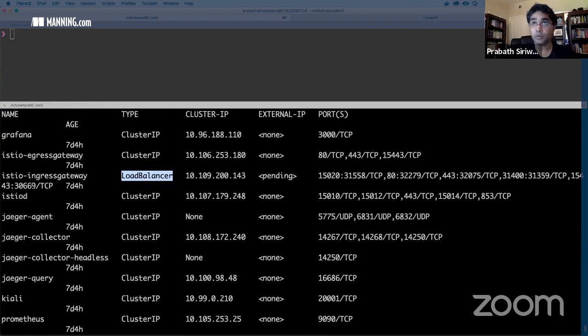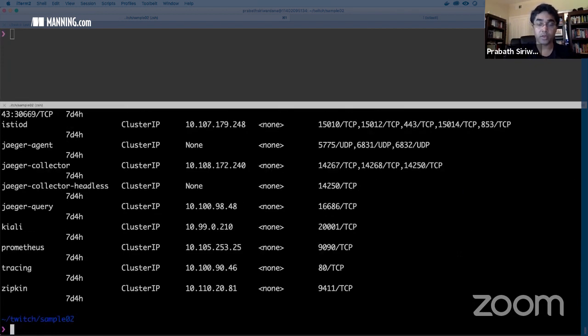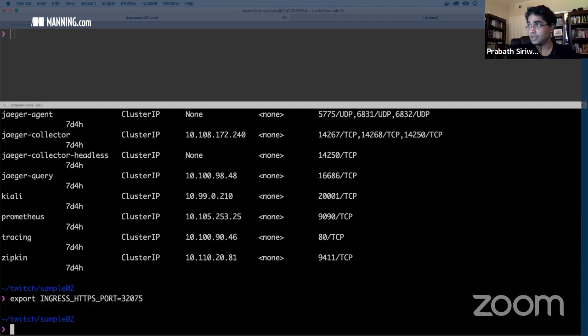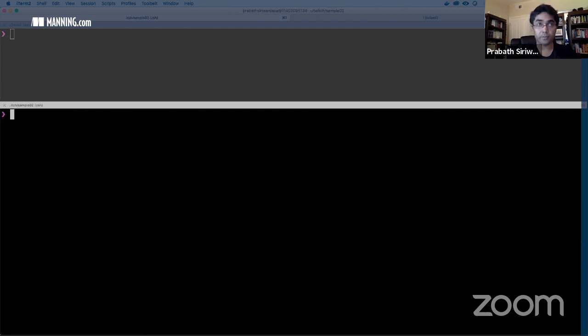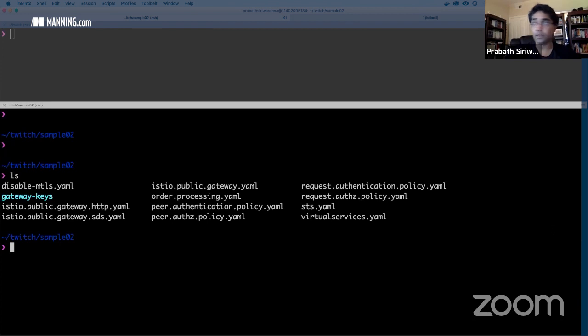Now, since I'm using HTTPS 443, I need to use this as my port, right? So let's export this as the ingress HTTPS port. This one. So that's the only thing I need to do. I already set up the node IP, right? So now let's try out this.